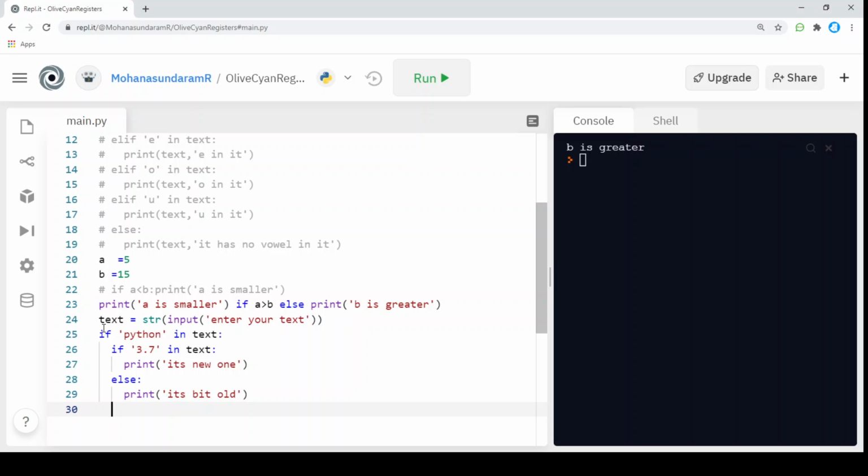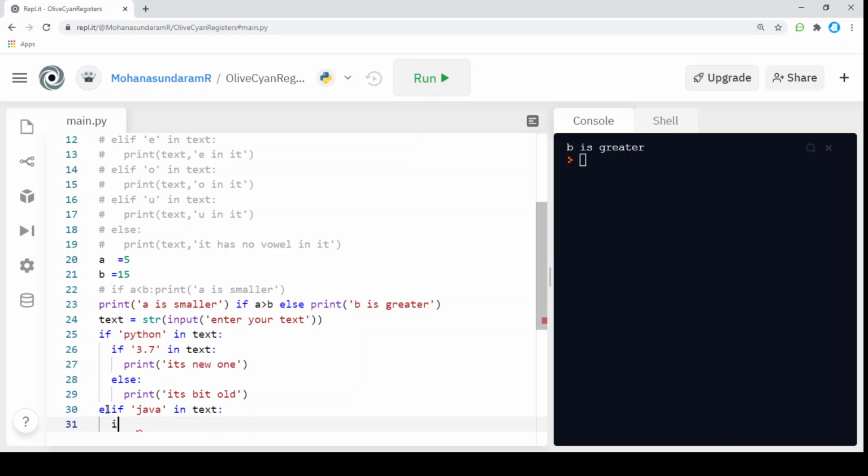If this condition is satisfied, my code block will run. If this condition isn't satisfied, then naturally I want an else statement to throw another condition. For that I'm going to use another elif to check whether the given text has Java in it.